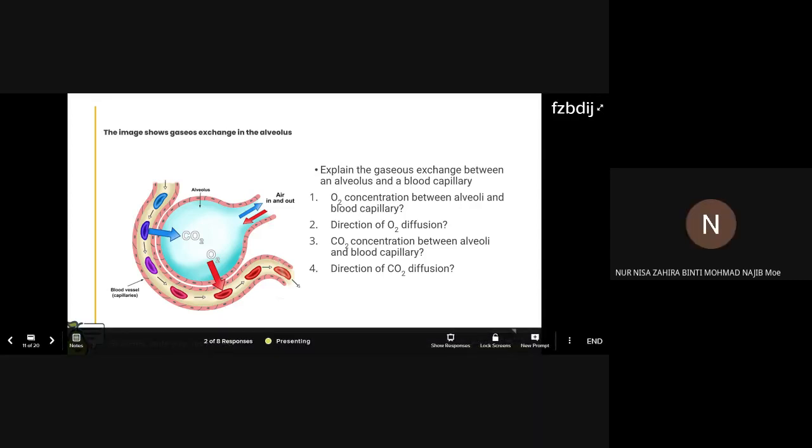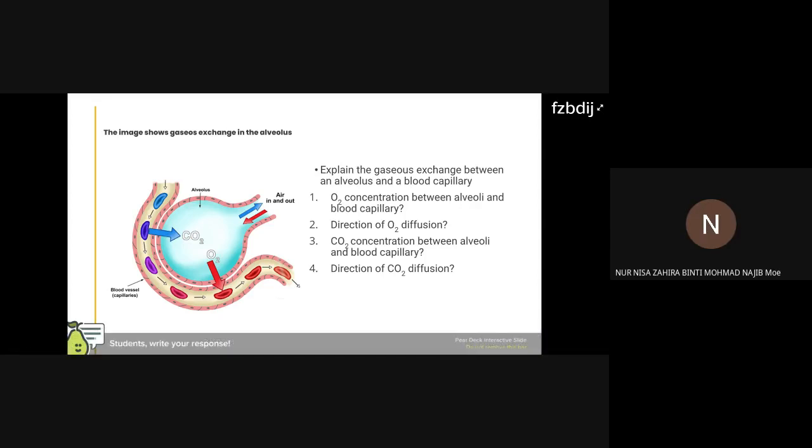Excuse me, cikgu. Ya, saya. Saya nak tanya, kalau yang dekat buku teks kata move down the concentration gradient until a dynamic equilibrium is achieved, apa maksud dynamic equilibrium tu kalau dalam konteks simple diffusion tu? Okay, kalau dalam konteks simple diffusion,